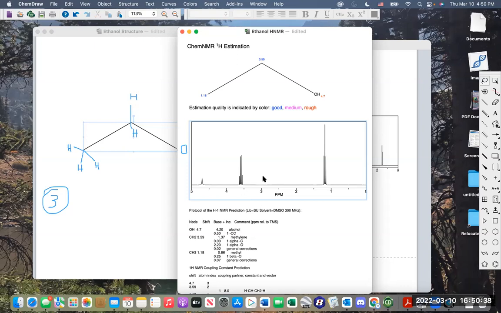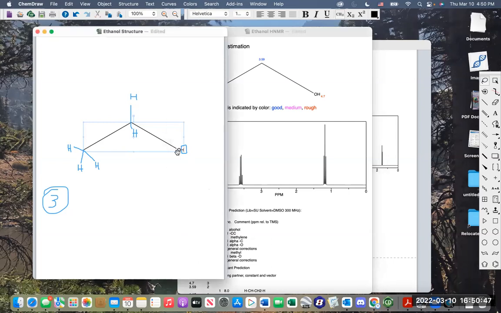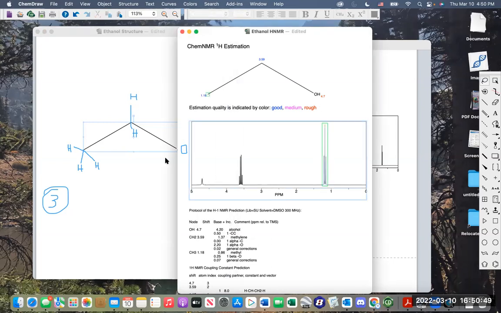The most electronegative atom in ethanol is oxygen. This means that the signal associated with the hydrogen, so again, that's this hydrogen, the hydrogen bonded directly to oxygen, will experience the greatest downfield shift, again, towards the higher numbers. This is because that particular hydrogen experiences the most de-shielding by the oxygen atom due to its proximity to the